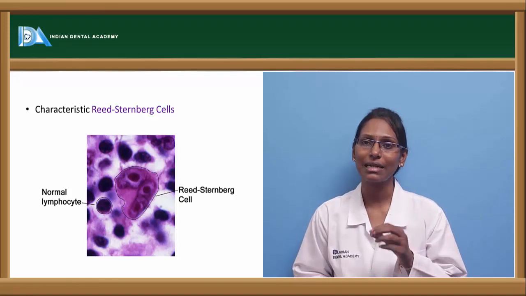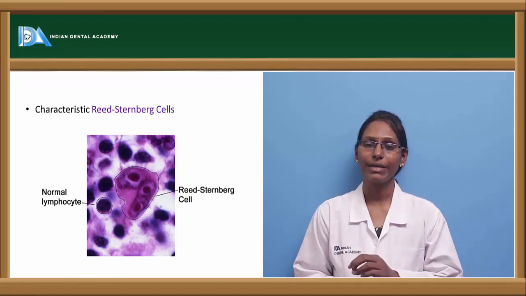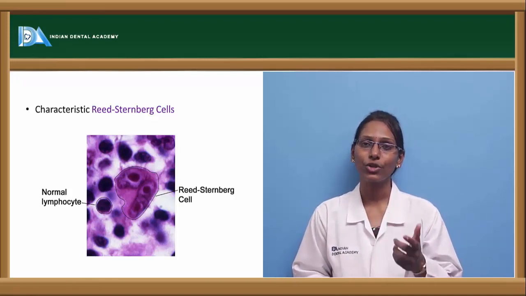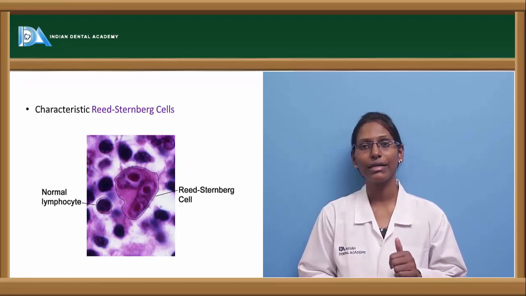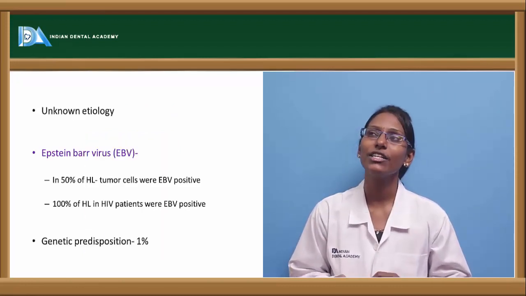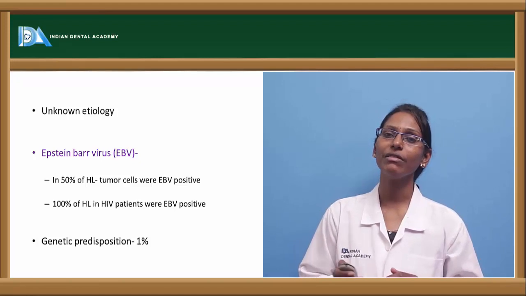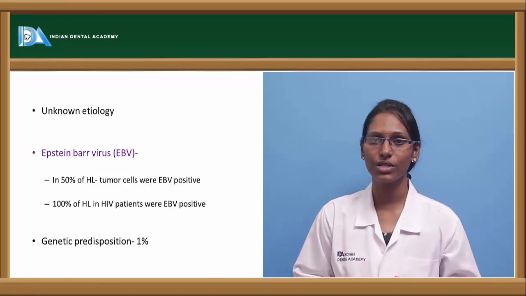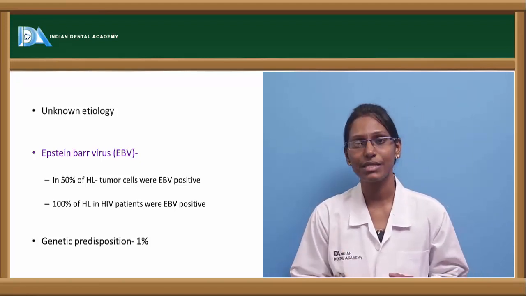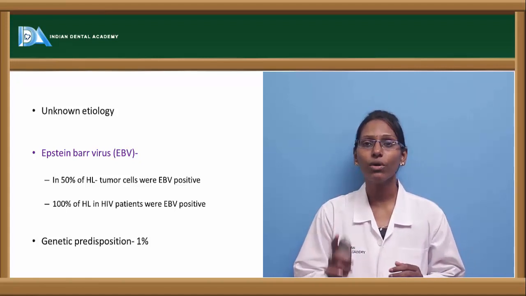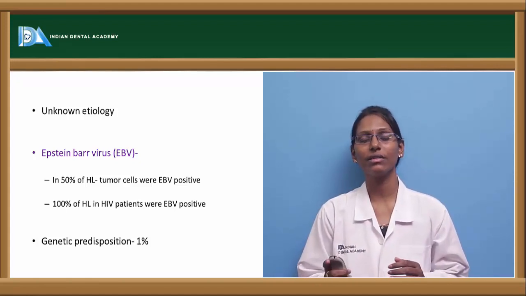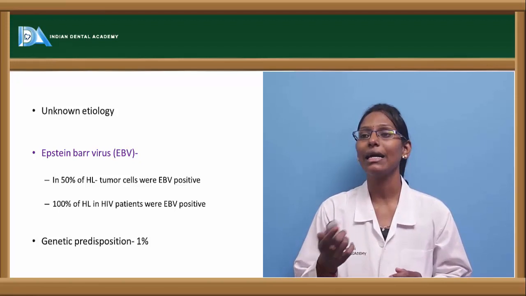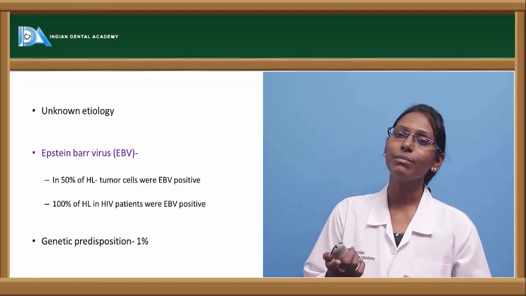Hodgkin's lymphoma has a characteristic cell called Reed-Sternberg cells, and this is a pathognomonic feature of Hodgkin's lymphoma in histopathology. It is usually of unknown etiology. However, viral etiology has been related to Hodgkin's lymphoma, which includes Epstein-Barr virus. Epstein-Barr virus is one of the most commonly found viruses in Hodgkin's lymphoma, and about 100% of